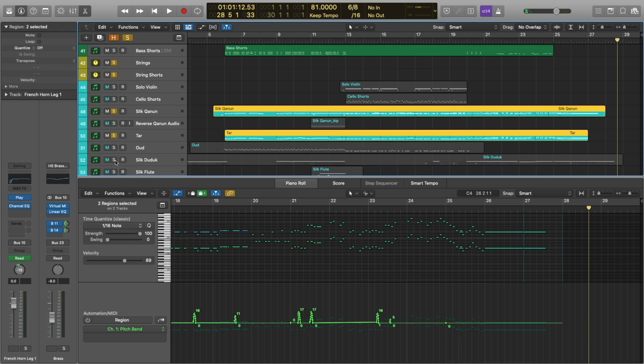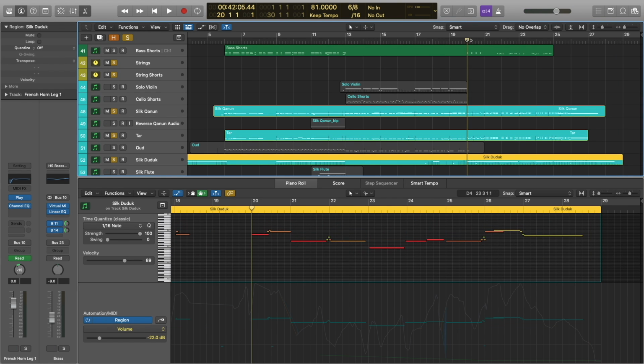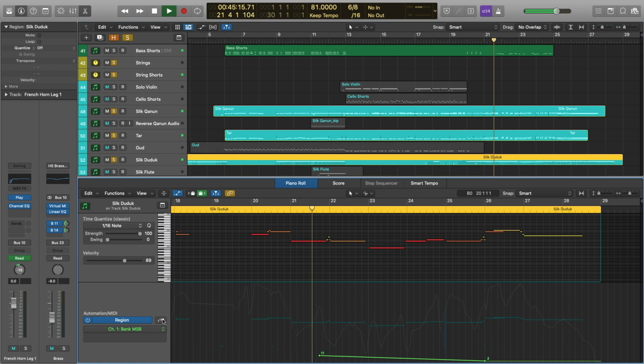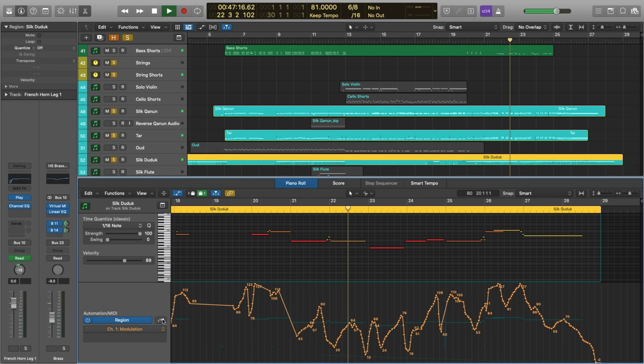All right, and let's add the duduk. All right.